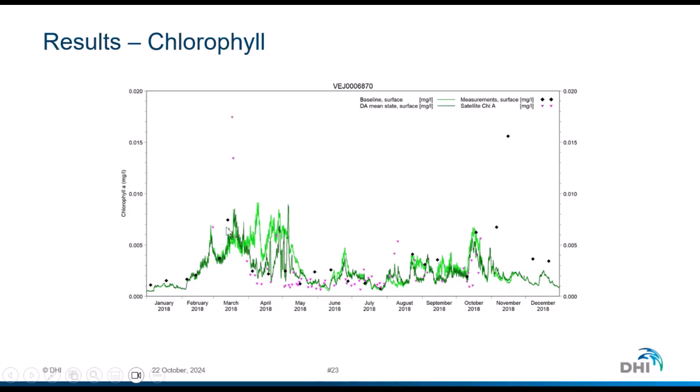So we can see that it is adjusted toward the spring bloom, but it's not going up to the same values as what has been measured with the satellite. We also see that it is adjusted downwards when the satellite measurements show a lower concentration than the model results. We also see that in periods where there is no coverage of the satellite data, the model results go towards the baseline results again.